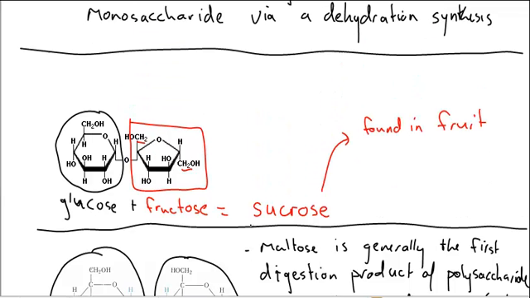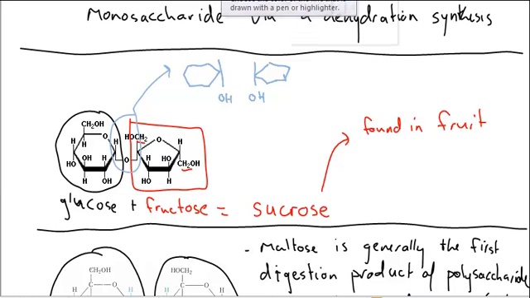And we're just going to go back up to the top here where we have a little space, and I'm just going to quickly show you how this bond forms via dehydration synthesis. What happens is you have your OH group here, and then your glucose molecule. You have your OH group here, and you have your fructose molecule. It's a pretty bad pentose, but. And then in the reaction, you get one of the OH groups and the other H coming together to form